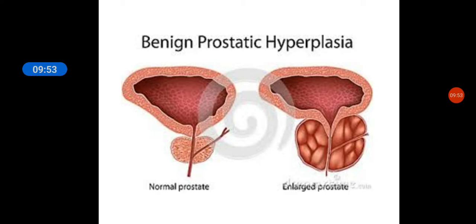Now, what happens exactly here? There are glands, and you have lobules or ductules or acini, whatever. Okay, so with these things, there is an increase in the number and an increase in the size of the stroma, both hand in hand. So you have hyperplasia of the glands and hypertrophy of the stroma. Okay, so what is the stroma? Mainly made up of muscles, right? Muscles and fibroblasts. So you can have both. You will have glandular hyperplasia and you can have hypertrophy of the intervening stroma, right?